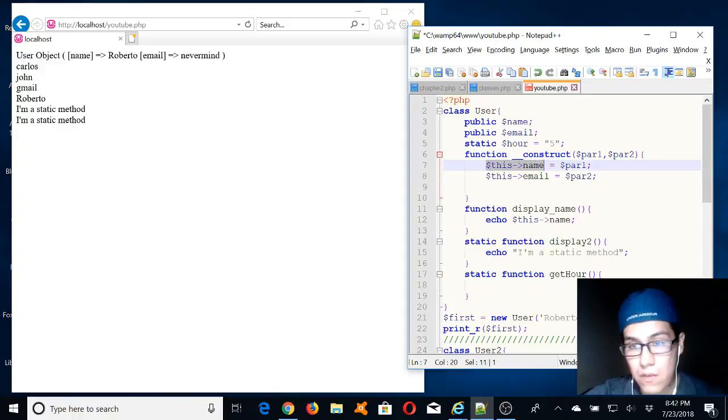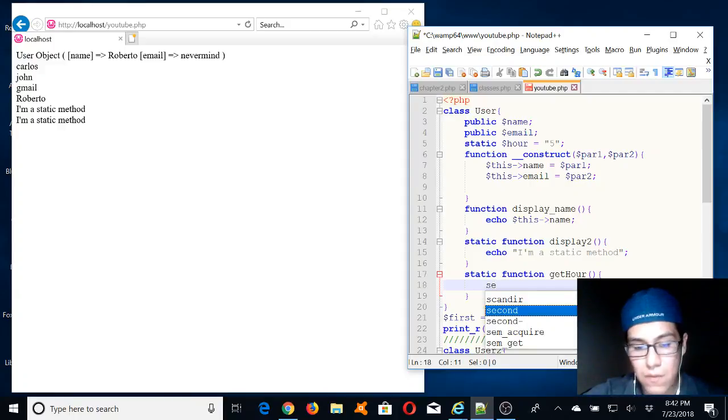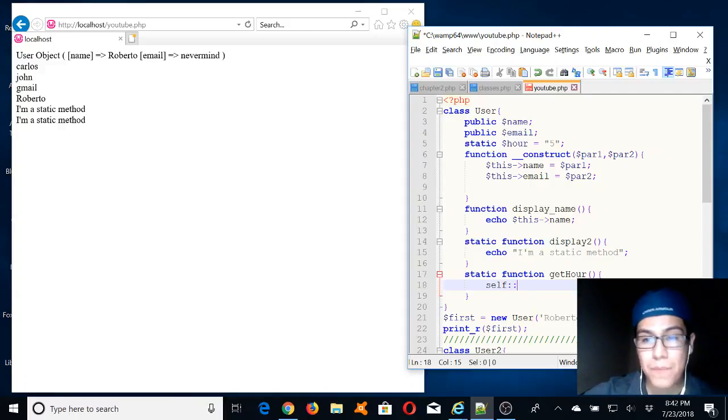This is for public variables. In order to have access to a static property, we're going to have to use self, two colons, and then the name of the property. Okay,